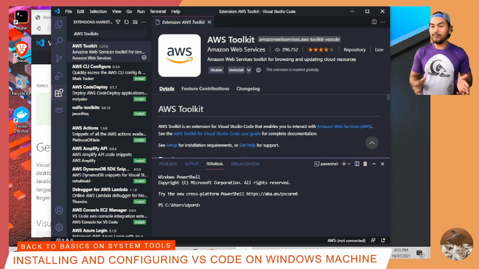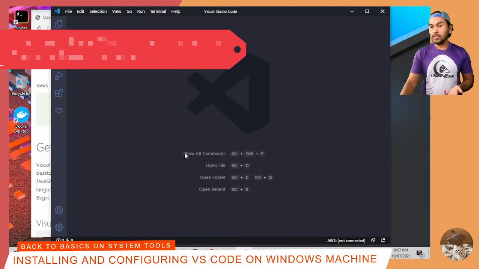Also, be mindful of the amount of extensions that you have installed and enabled on your VS Code, because they could cause performance issues and they also occupy space on your system. And sometimes they also cause issues on your machine that you may not be aware of. And so keep your extensions only to a handful and a manageable set, and install only those that you use a lot. There is a small list in here that